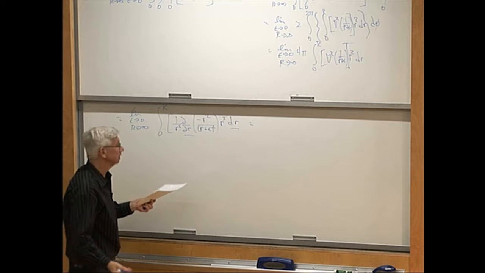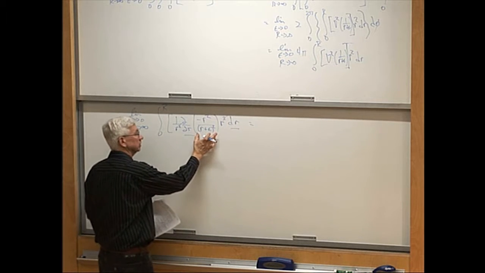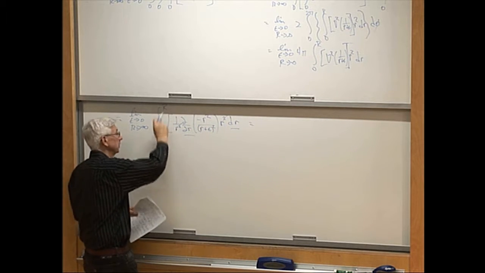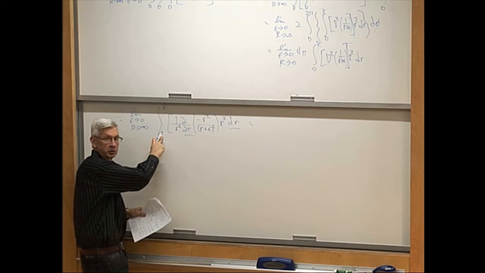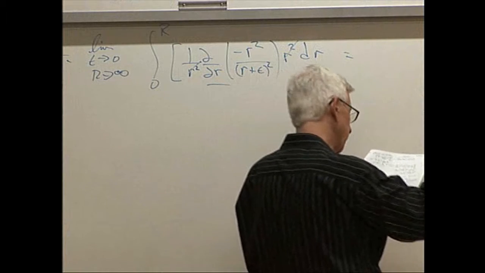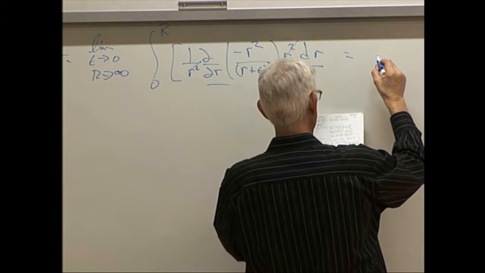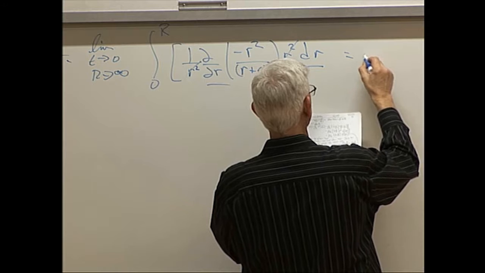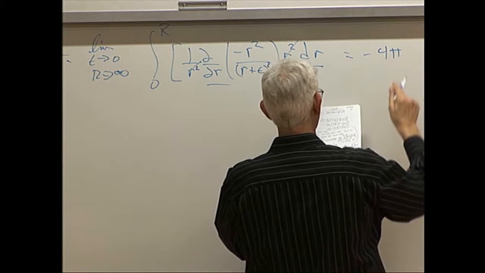So in the end, what I wind up with is just the value of this function at the limits, but I've got a 0 at the lower limit and an r at the upper limit. So then this works out to just be minus 4 pi